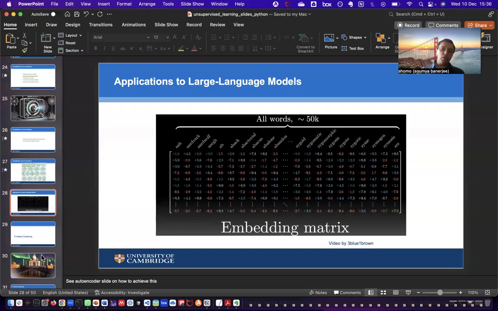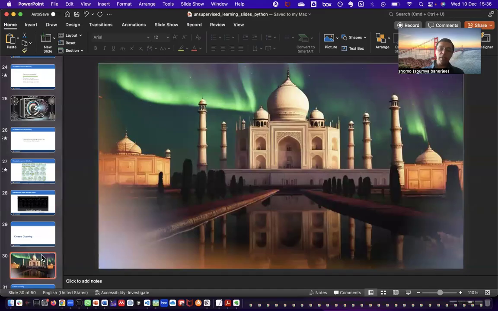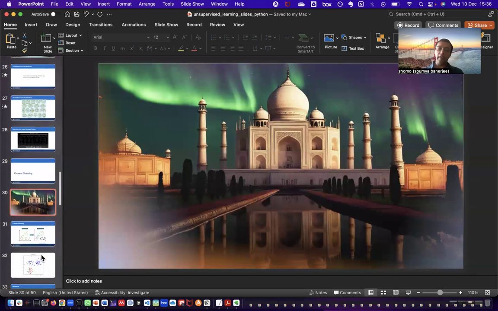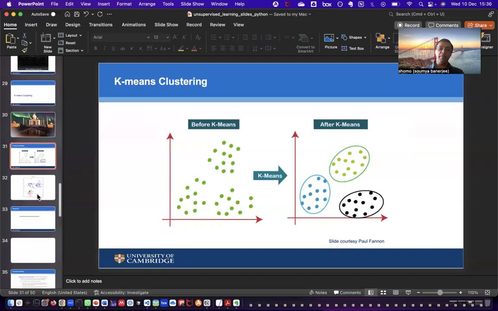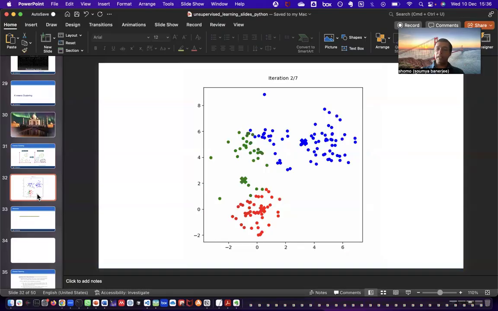And then I would switch very quickly to clustering, for example. And again, I would have a puzzle: what is wrong with this picture? And then somebody would say, well, it's highly unlikely that you would see the northern lights in central India, which is really how you would do clustering or anomaly detection, which is a nice segue into the second part of the class, which is clustering. Again, there would be more animations like these on k-means and things like that.